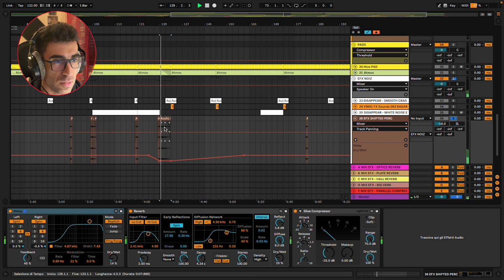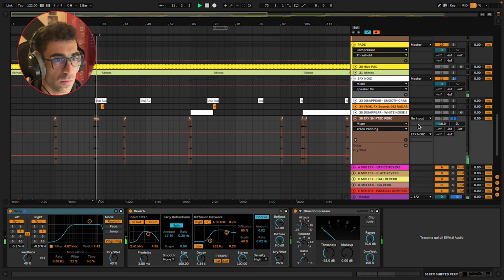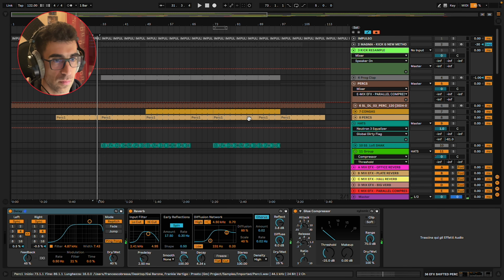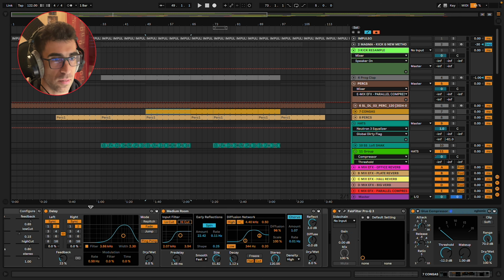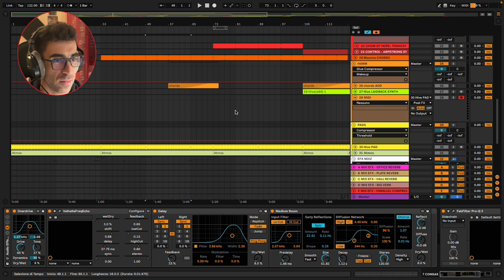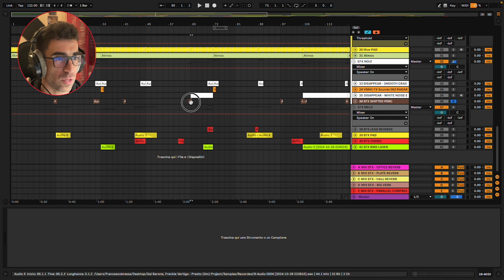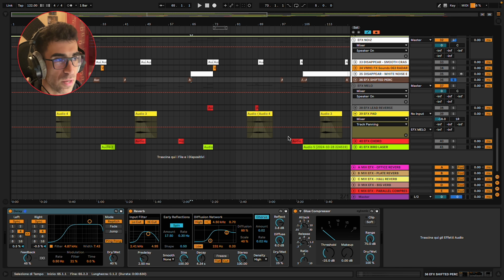For example, for this shifted perc, or here, very nice sounds actually coming from these congas, and from various experiments automating these knobs and then recorded in another audio channel and used as effects.